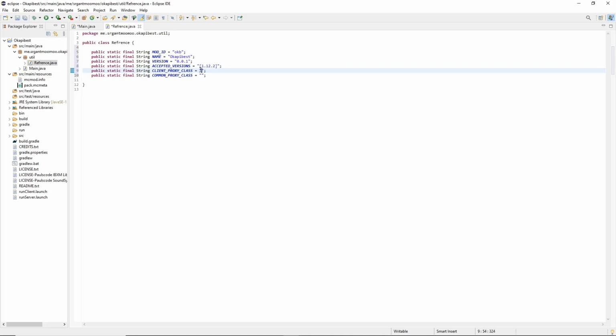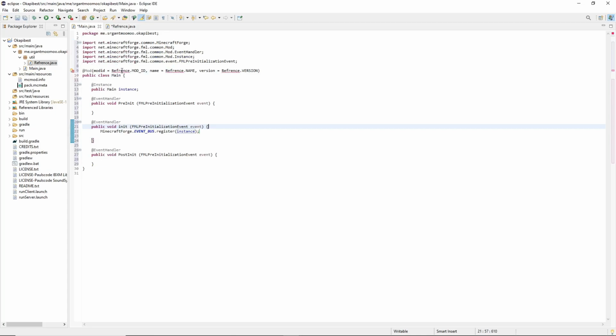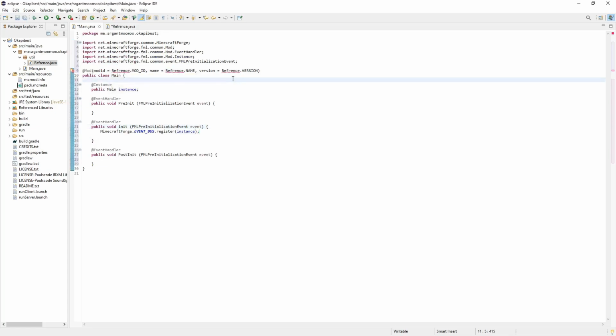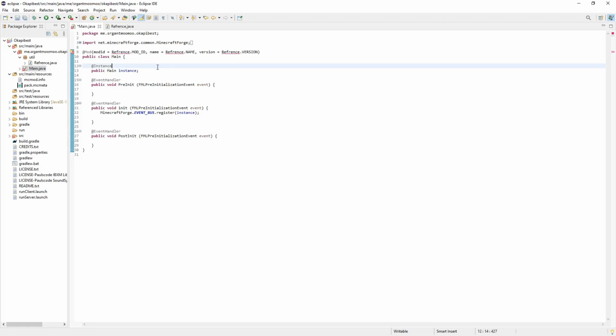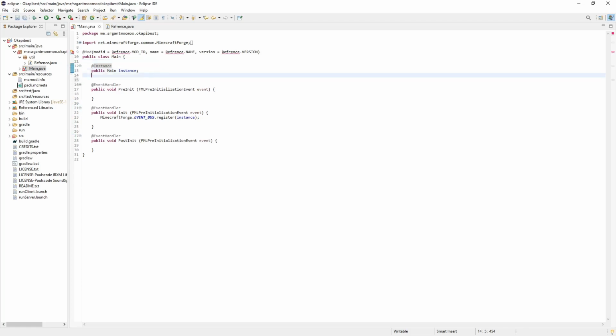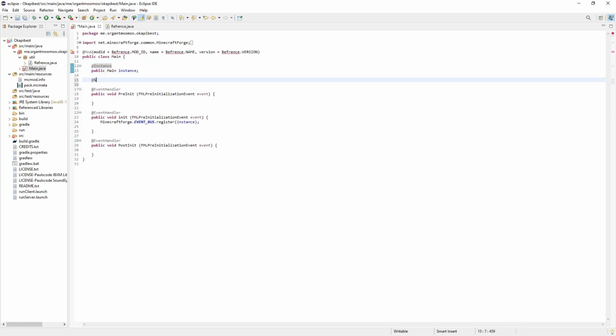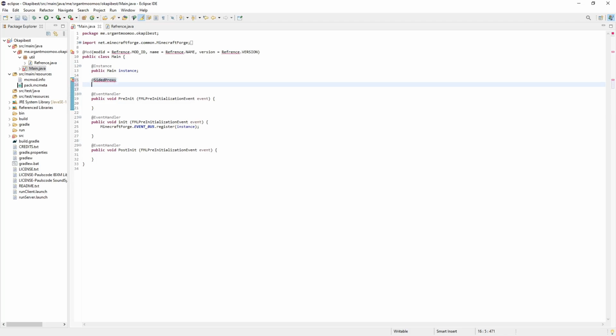And then we don't need to do those yet, so we'll worry about that later. Okay, sometimes Eclipse is stupid. Sometimes Eclipse just acts a little stupid, so if you can import this, do so. If not, do this next thing. So we're just gonna go under main instance, and we're gonna go at sided proxy, and then just import that,